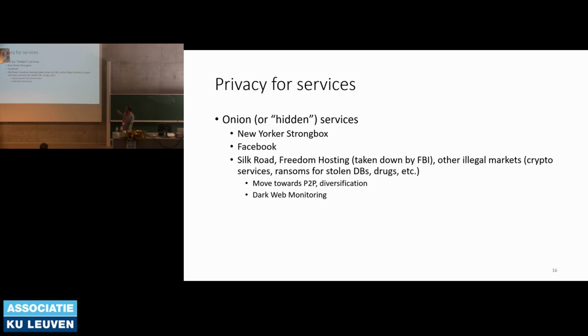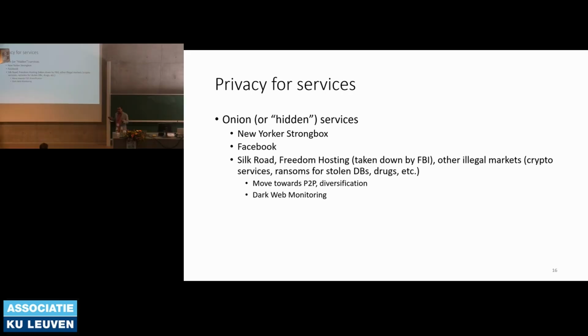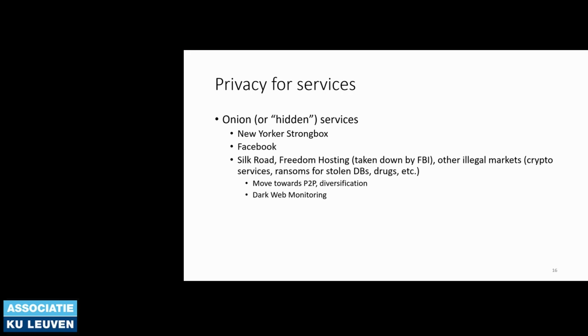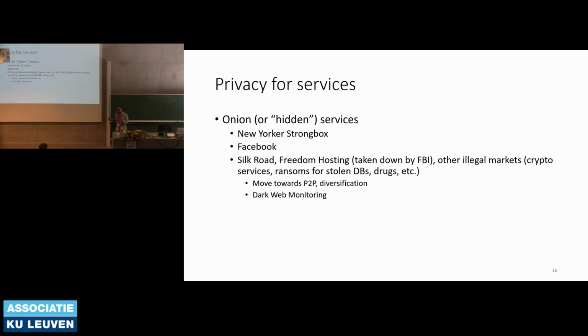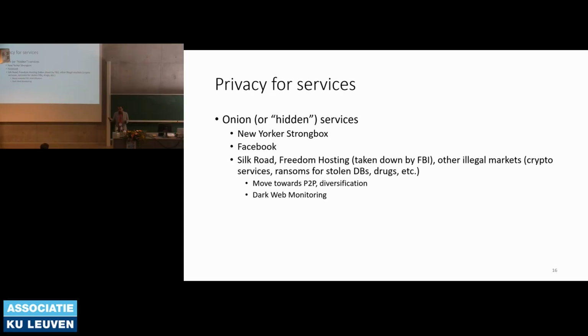And there are many sites that are taken down by governments. For example, Silk Road is a famous one. They used to have drug cartels, contract killing, everything that you can think of other than, I think, CSAM. Then they also created Silk Road 2, and that was not exactly taken down, because the people running Silk Road 2 did not get caught, but the service is not there anymore. So let's see how we can set up such services.